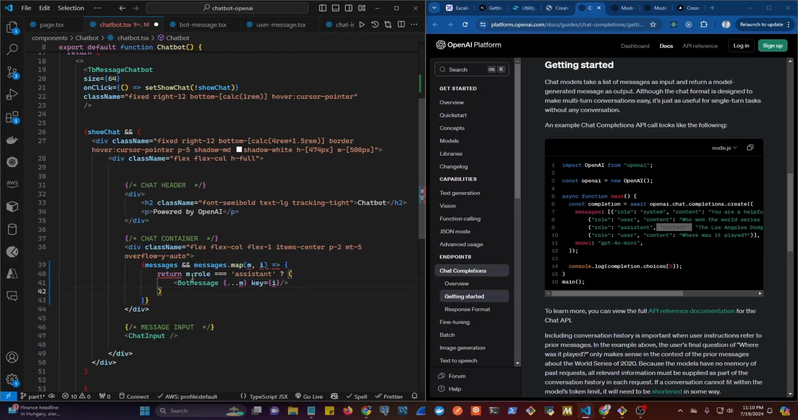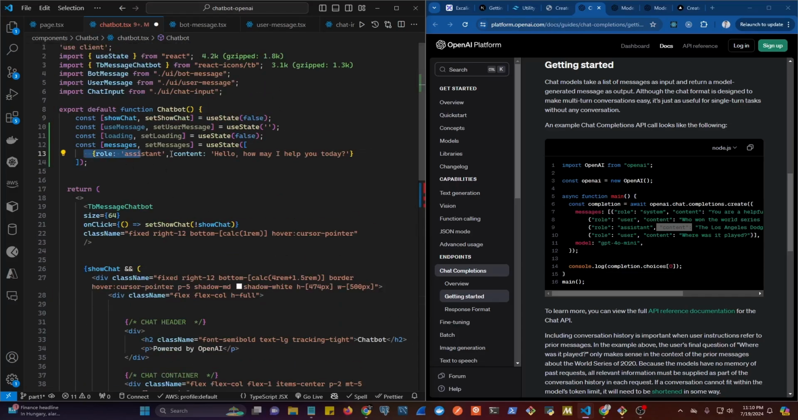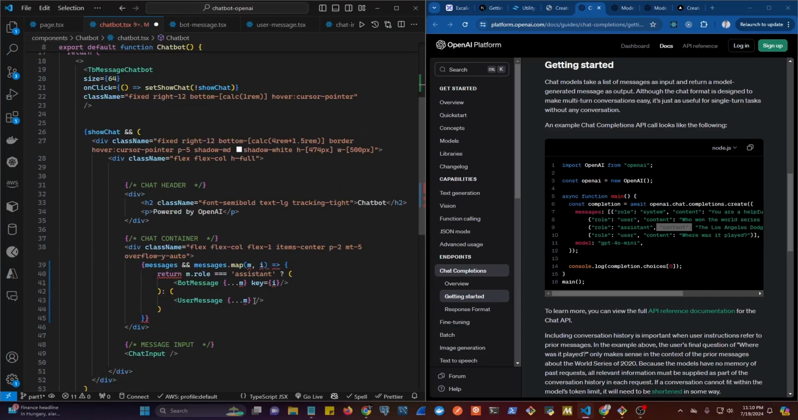Else we're going to render a user message, and we're going to do the same. We're going to spread the message, which is going to give us the row and the content, and then we're going to set the key